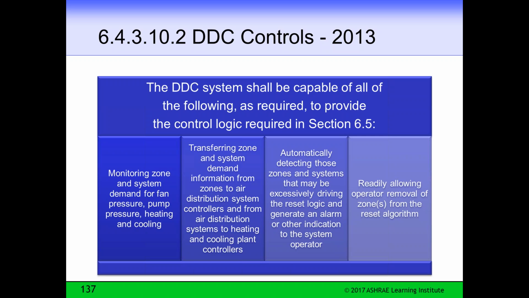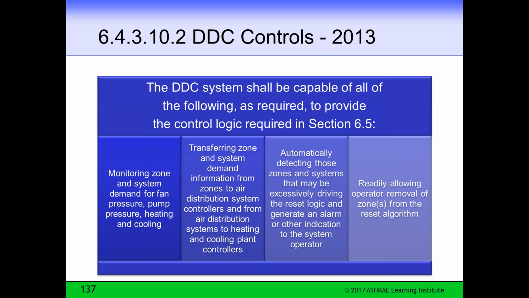Transferring that information, the zone information and system demand information, from zones to air distribution system controllers, and from air distribution systems to heating and cooling plant controllers. Automatically detecting those zones and systems that may be excessively driving the reset logic and generating an alarm or other indication to the system operator. And then readily allowing that operator to remove those zones from the reset algorithm.